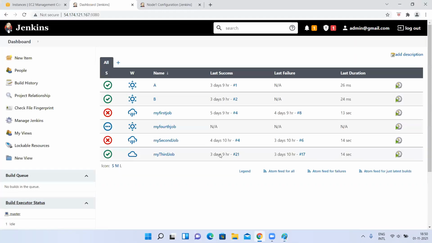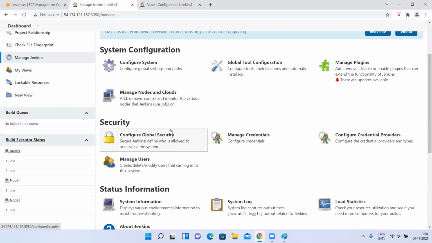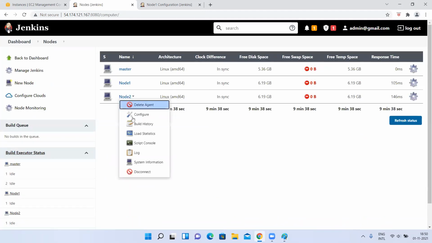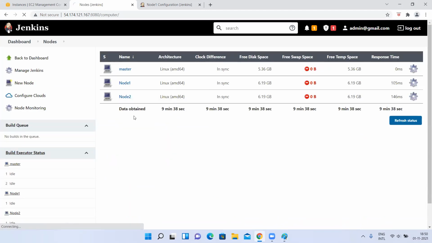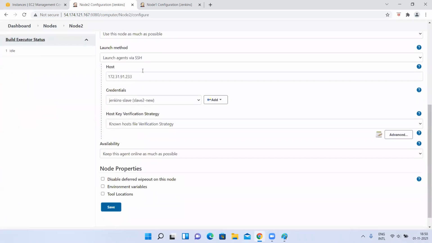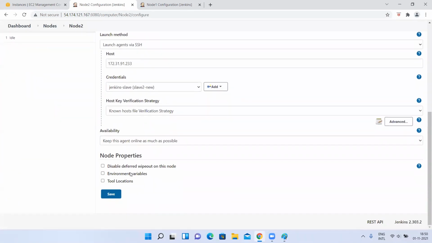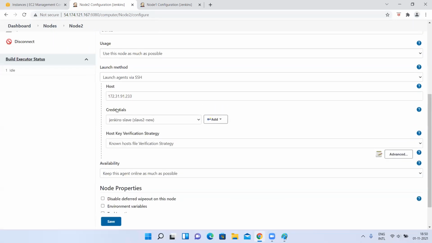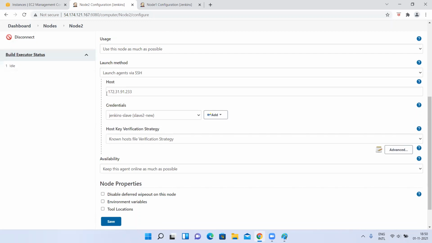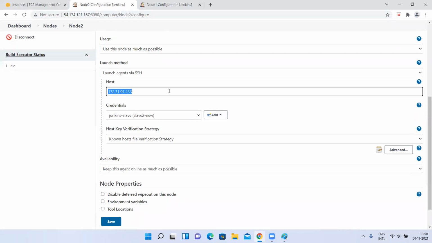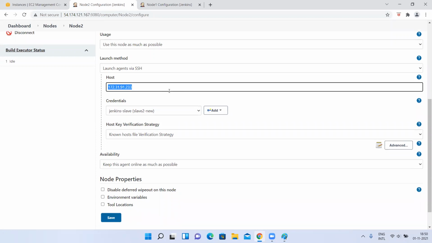Let me open my Jenkins, then I'll remember. Okay, fine. So these options, let me go to configure. I think I have not explained this in the last class. I explained up to this, how to do this. Keep this agent, from here I haven't explained. Till here: launch method, launch agents by SSH, the host key, IP address, private IP if master and worker nodes are on the same network. If they are in different networks, we can use public IP, like we discussed, right?